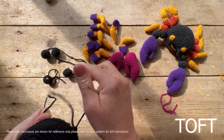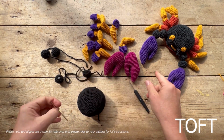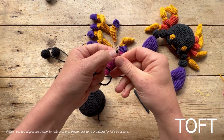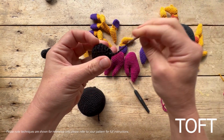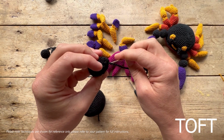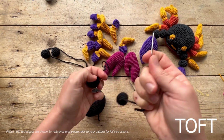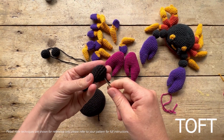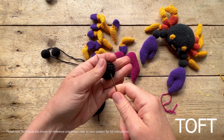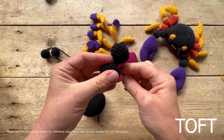to add the legs. So with your arm, the balls that sit behind the pincers to form the arms, best thing to do is to gather those stitches together on one of them, and then we're going to sew in and through the next one. So what I'm going to do is actually I'm going to sew through that ball first like that, and then on to the next one to attach that on. I'm going to do a few stitches between the 2,